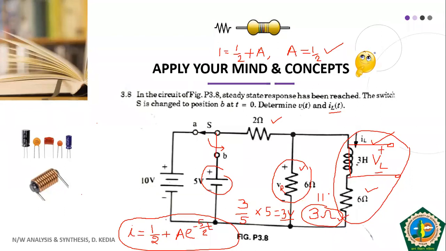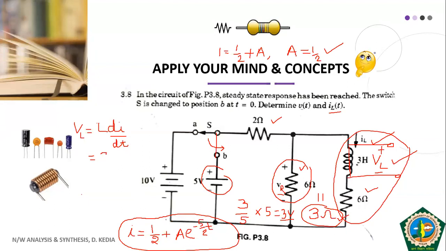Okay. So now you look carefully in this loop. Before we calculate VR, we must calculate VL. So what will be the value of VL? The value of VL will be L dI by dt. This we have already seen in our theory classes. So this is L dI by dt. What is the value of L? The value of L is 3. And if you see in this equation, 1 by 2 will be common.